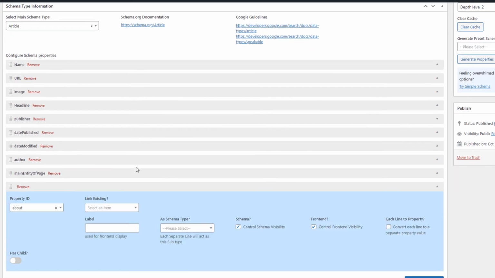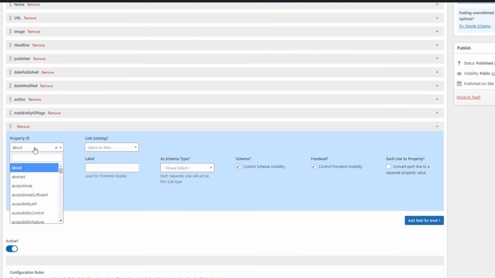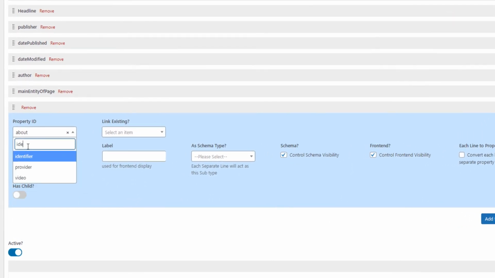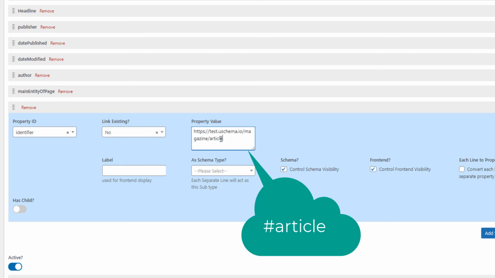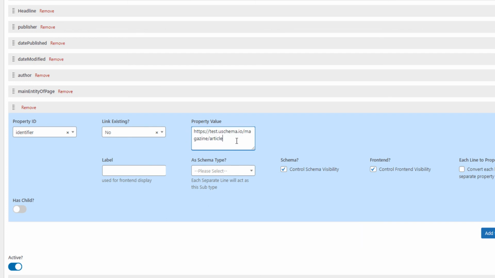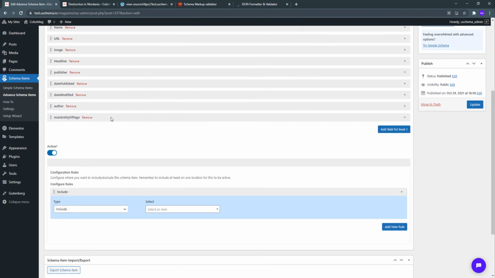You can click add new field, set it as an identifier, put no here, and here we want a dash, and let's say article. So this has become our article schema identifier, and wherever I want this article schema to embed, I can use this identifier. I'm not going to use it right now. I just want to remove it.